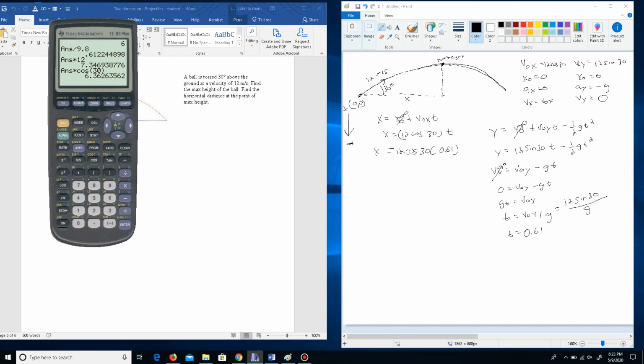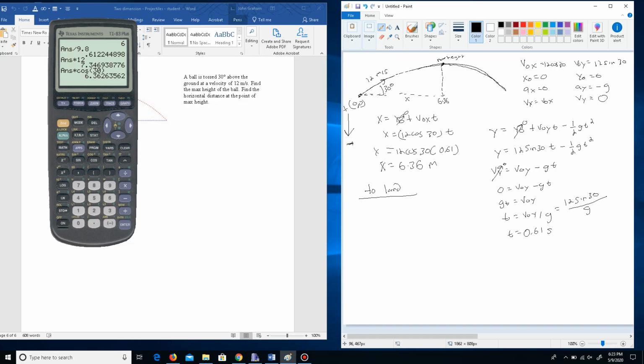Maybe 6.63. 6.36, sorry. All right, now that's in meters. All right, so this is in seconds. That's in meters. So at this point, that's how far this has gone. Okay, now, since this is symmetrical, well, we can say that the time to land